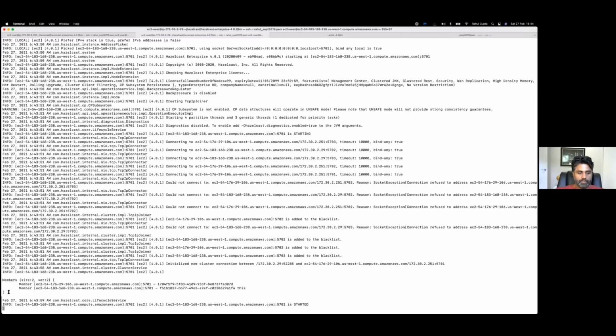So member means one server node in the cluster. This is my node in the cluster. So this has got 2 members here. And I can see this. What I'm going to do is I'm going to start